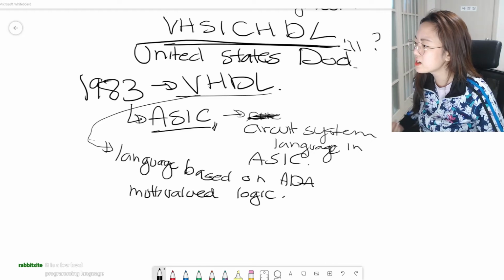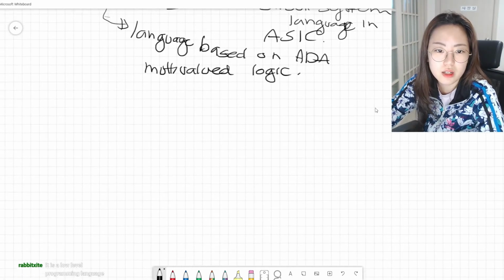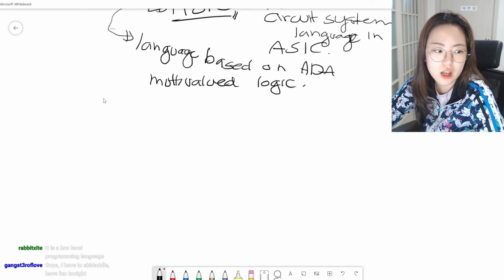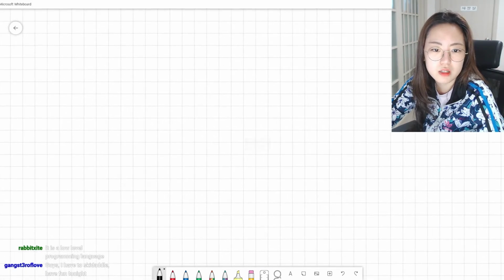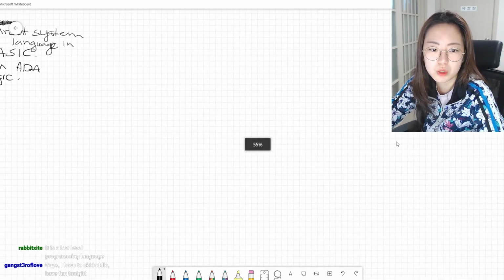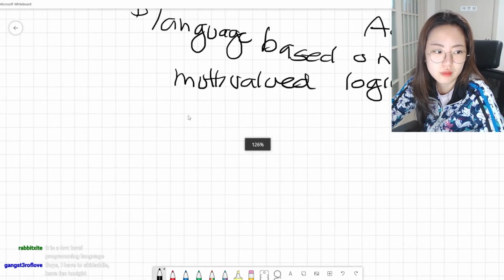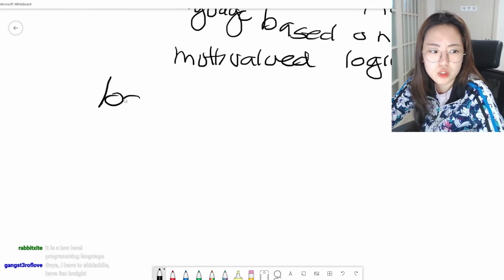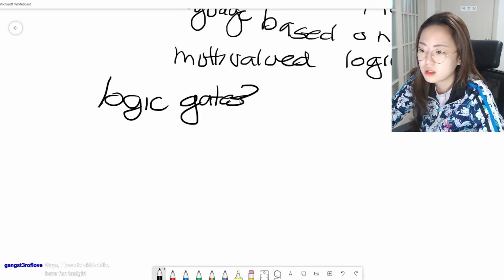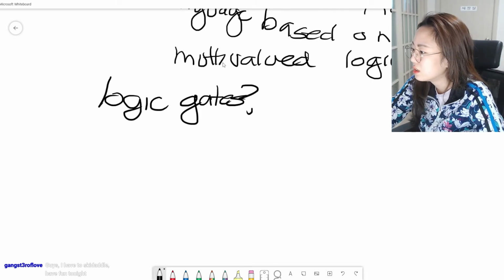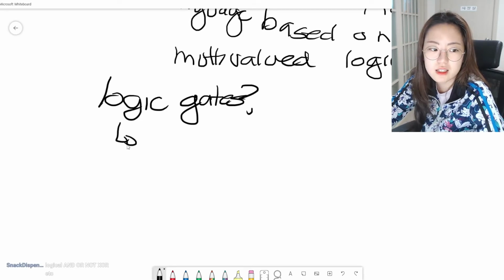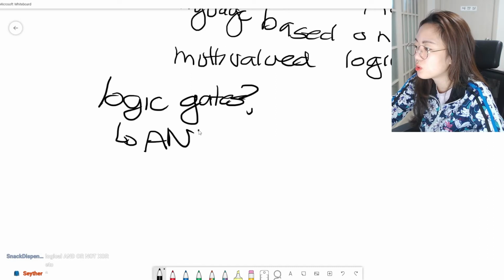Yeah. So what is logic gates, guys? They've mentioned a lot about logic gate. What the fudge? Sorry, guys. So what is logic gate? Logic gate is AND or not